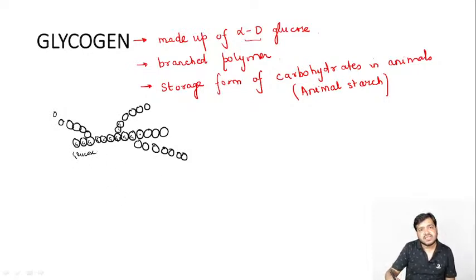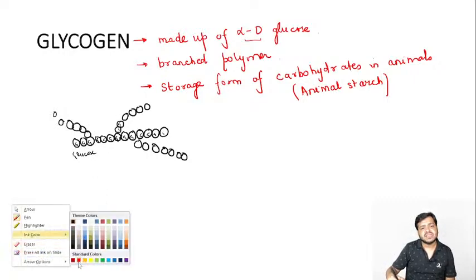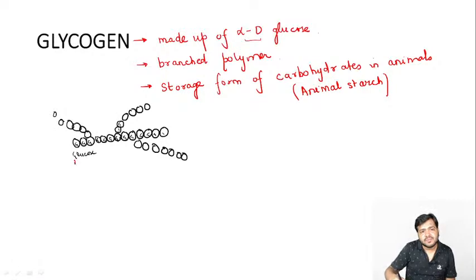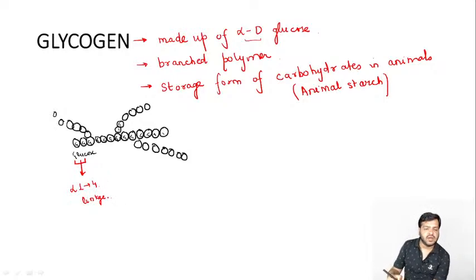that when we talk about the straight chain, the linkage between two glucose in the straight chain is alpha 1 to 4 linkage, basically in the straight one. Apart from that, if we talk about the glucose in the branched form, then here alpha